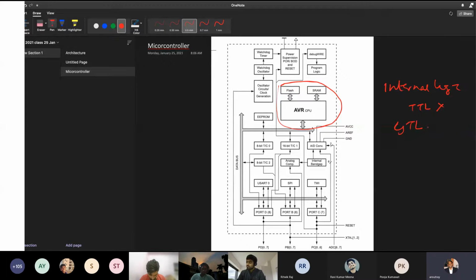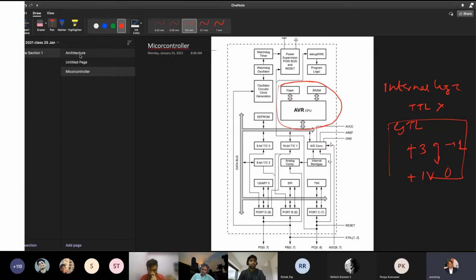You can figure out what is the logic level where the voltage swing is not 0 to 5 volt. It may be plus 3 volts and plus 1 volt. This may be the voltage level. This may be for 0. This may be for 1. So voltage swing is reduced so that the power consumption is reduced. Okay. Voltage swing is external to it. Maybe the voltage level is TTL for external communication. So when the voltage swing is reduced, it is internal to the microcontroller.